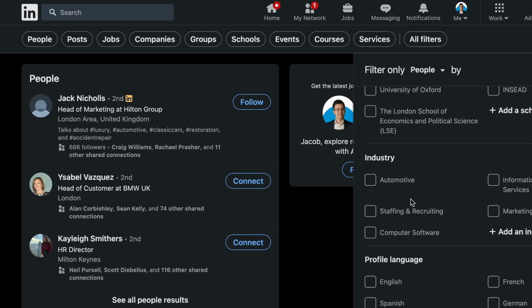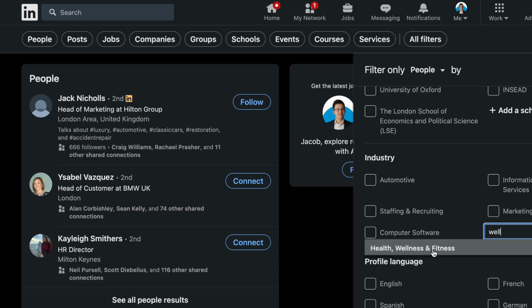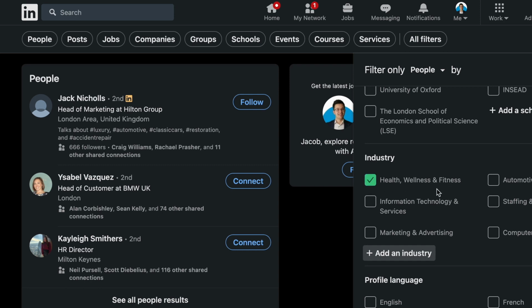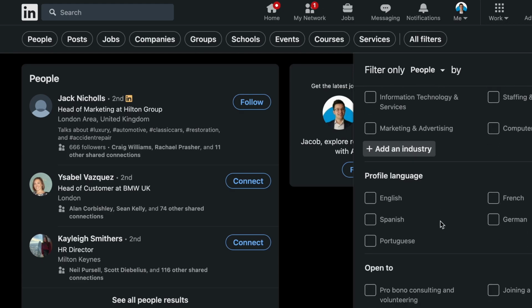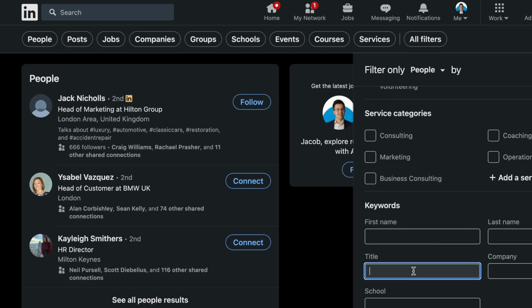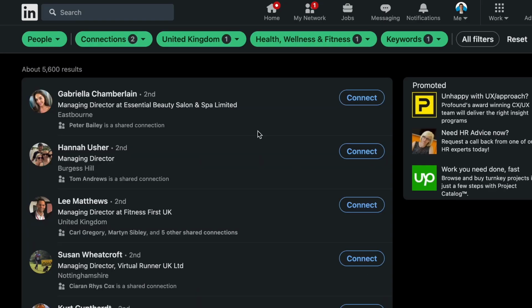Scroll down past all of these until you get to industry. Let's go for wellness. Okay, random one here. Health and wellness. Let's say you have a coaching business in wellness. You want to get some more leads for your coaching business that trains people in wellness and health and fitness. Brilliant. Okay, so we've gone there. We're then going to scroll down and we want the managing director. We ain't messing around here. We want the main person. So now we're going to click show results. This is going to generate us all the people that have the title of managing director in the health and beauty and wellness industry. Brilliant.